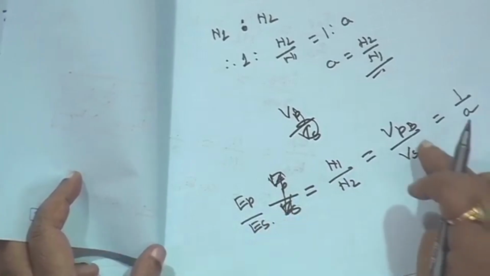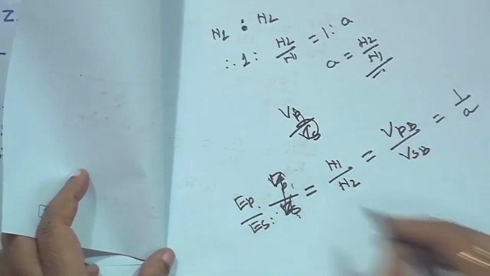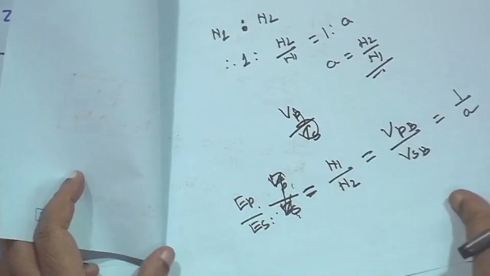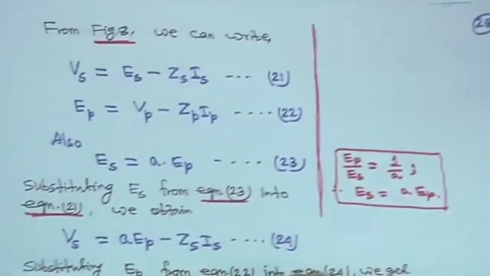So, that is equal to VPB upon Vs, it is not Vp upon Vs, it should be EP upon Es, right, because I did not look at the figure at that time. So, it is just EP upon Es instead of Vp upon Vs, right. So, this one